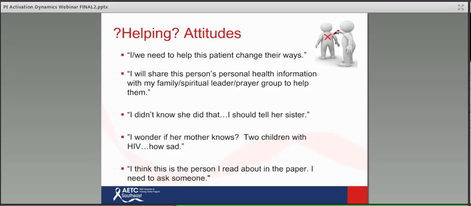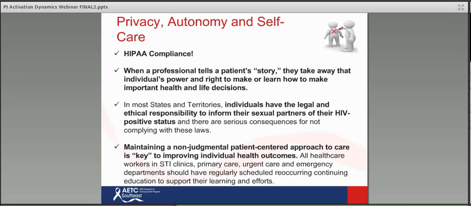These are things that sometimes professionals, staff do, thinking that they're being helpful. And of course, as we know, these are not HIPAA compliant, and they are most definitely not helpful. So privacy is absolutely the most powerful thing that we give our patients, that HIPAA compliance. When a professional